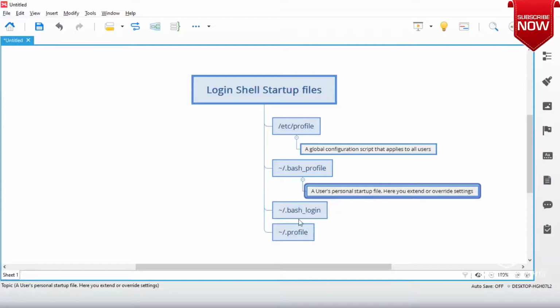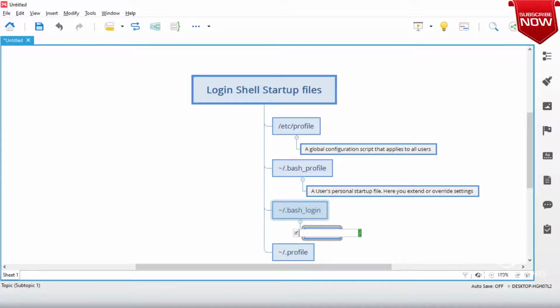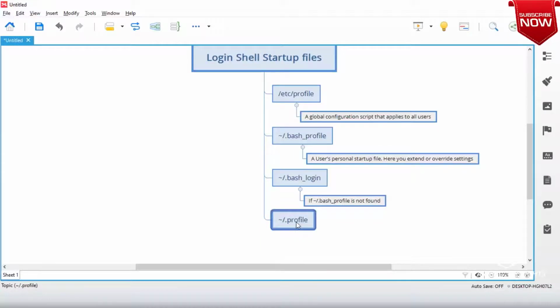So the .bash_login file comes into play only if .bash_profile is not found. If you don't have a .bash_profile file, then .bash_login comes into play.